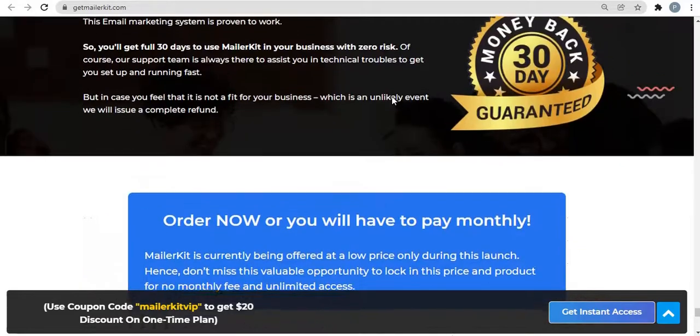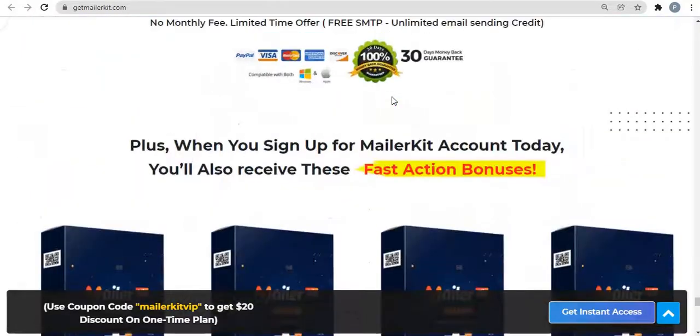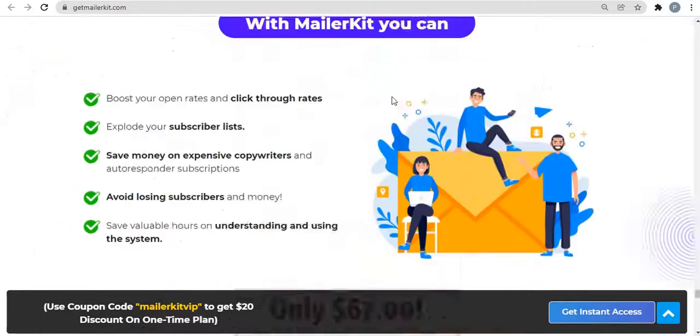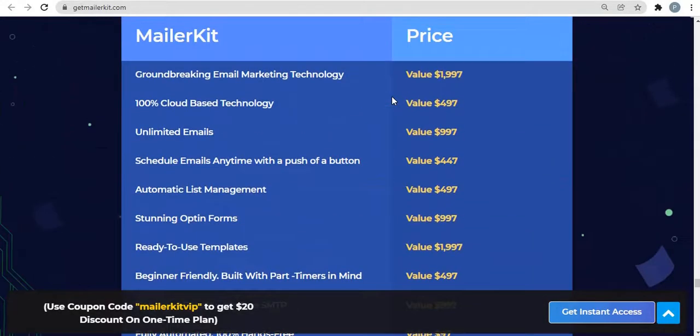You control your own reputation and send emails from your own IP address. No monthly fee required, no restrictions of any kind, 100% cloud based. It also has unlimited emails, unlimited subscribers, and unlimited lists, with spam trap technology enhanced for inbox delivery.